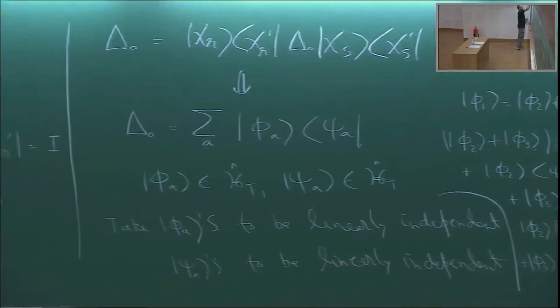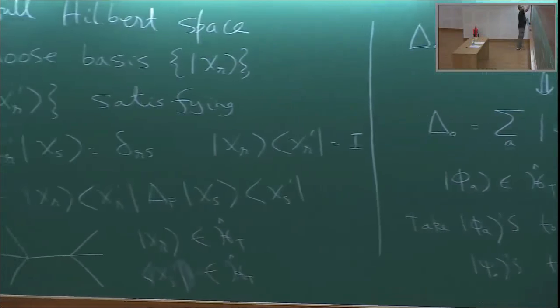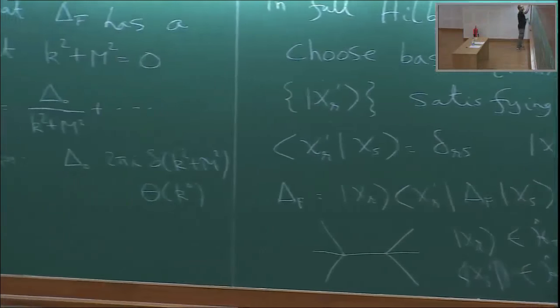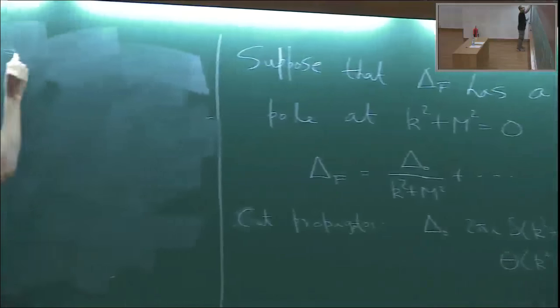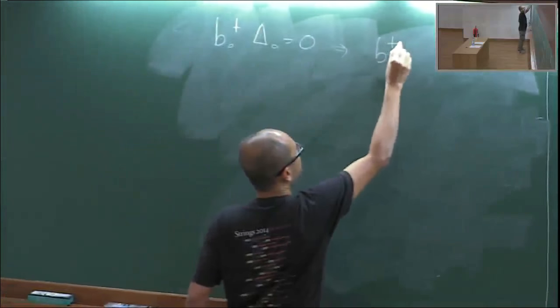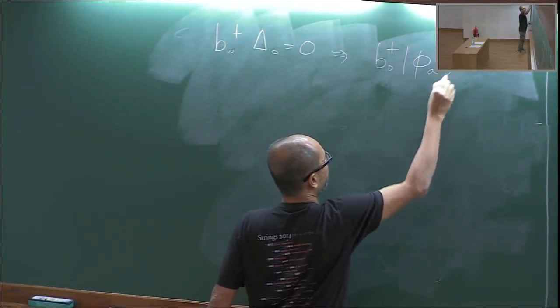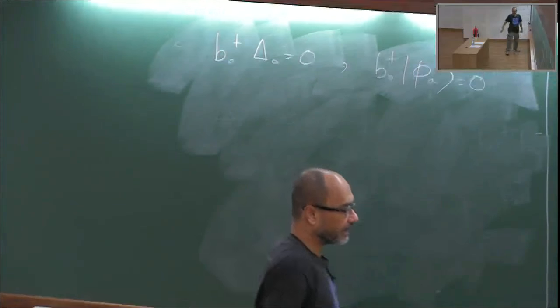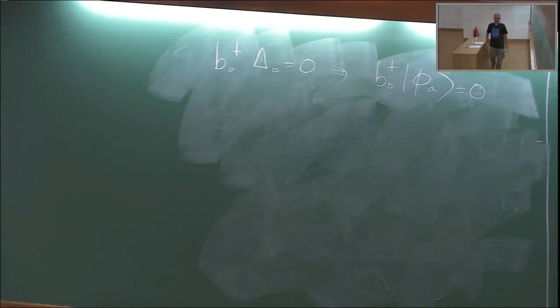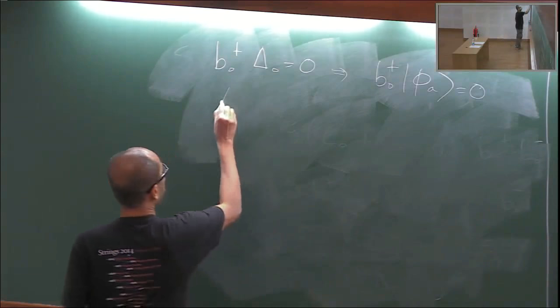So we start with b0 plus delta 0 equal to 0. This means that b0 plus phi a equal to 0. Why? Because psi a's are linearly independent. So if b0 plus delta 0 is 0, then b0 plus phi a times psi a is 0. But if psi a's are linearly independent, then it must be true for every a. That's the logic. Similarly, delta 0 b0 plus